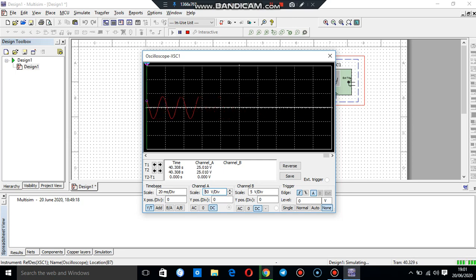So it's like a laboratory where we are doing analog experiments in this virtual platform using software. Suppose you are not able to go to the laboratory, but you have a circuit, you can do the connections in this Multisim. You can see the output also. This software is used for simulation of many analog experiments, in order to do the experiments when we are not able to be in the laboratory.